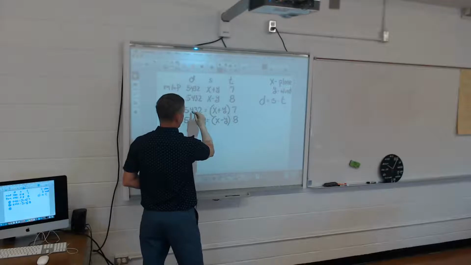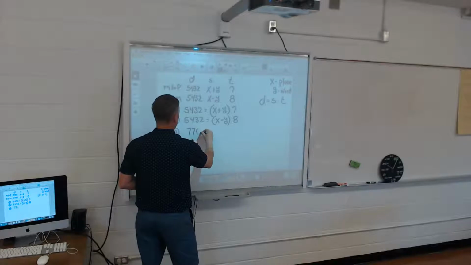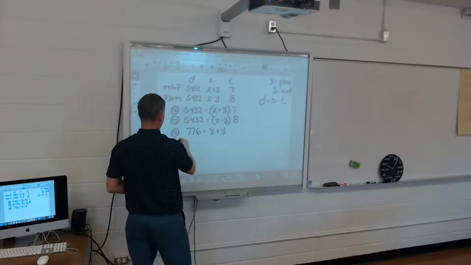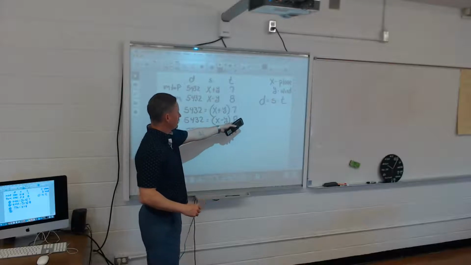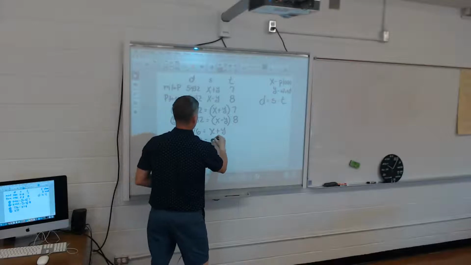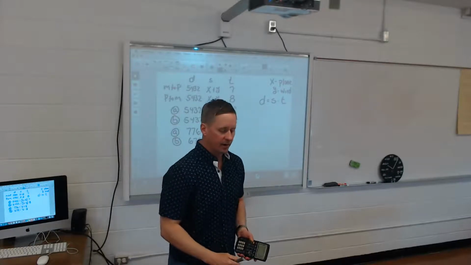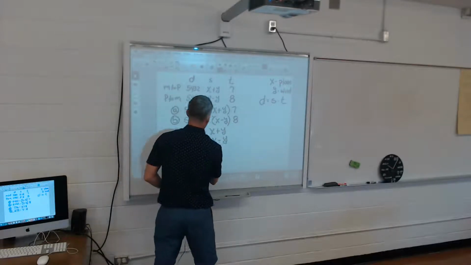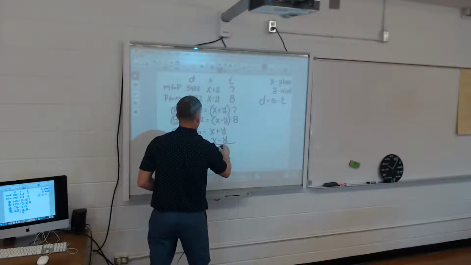Now I'm going to divide 5,432 by 7, and I get 776 is equal to x plus y. For B, I'm going to divide 5,432 by 8, and I get 679 equals x minus y. Now I've got this set up so nicely for the elimination method. So I'm going to add those two together, and I get 2x